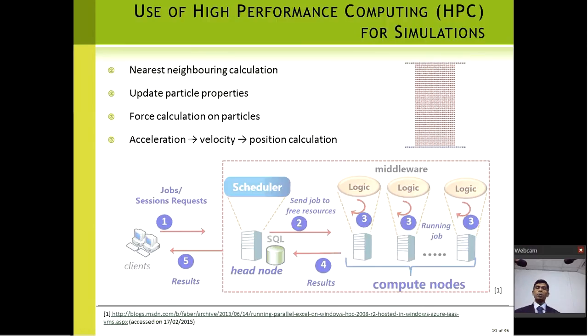Then I need to mention a few points on the high performance computing facility, because these simulations are very costly computationally. We can of course run them on our own computer, but it takes a lot of time and memory. So we usually need high performance computing, like computer clusters, or supercomputers in other terms. This is basically for the nearest neighbor calculation. For each particle we calculate the distances, so it's a very heavy computation.